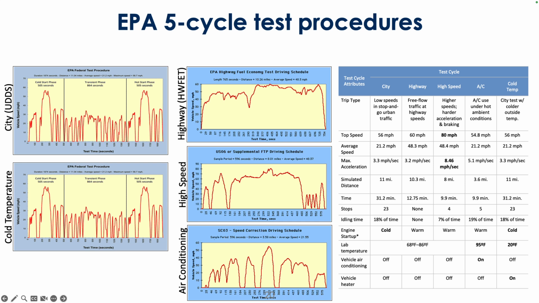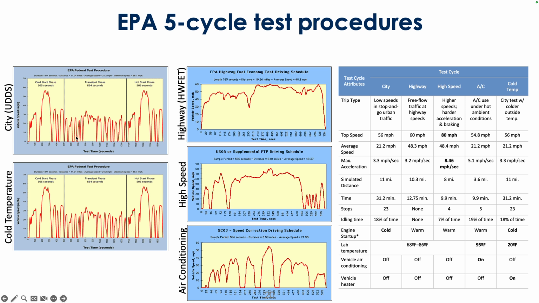So the speed traces of these test procedures look something like this. You have city, formerly known as UDDS, and highway, formerly known as HWFET. This is really what you would expect to see in a city, right? You're driving around and you have a lot of start and stop, accelerating and then decelerating as you go, and you're hitting stop signs or stop lights at